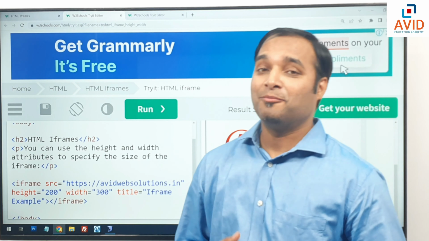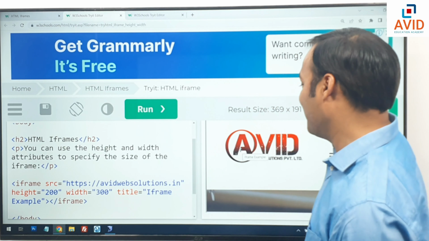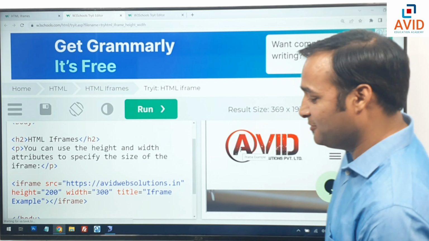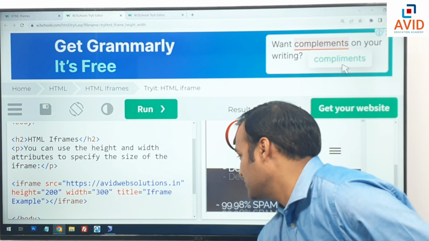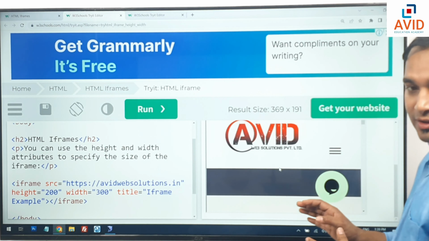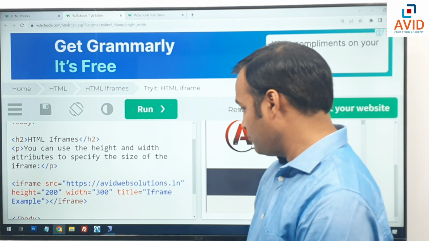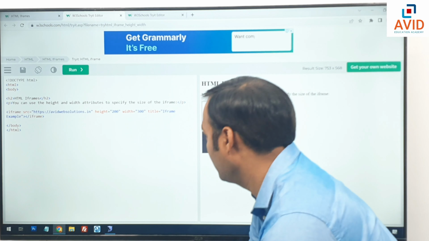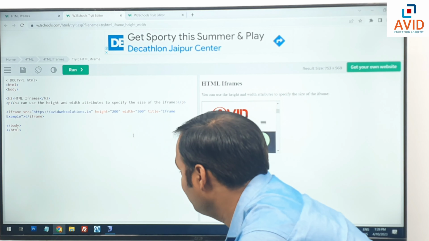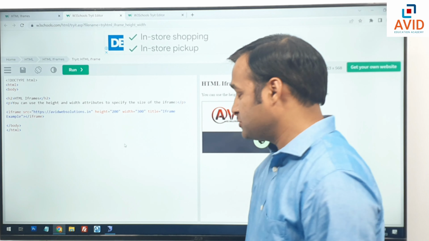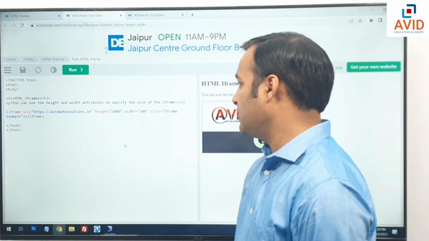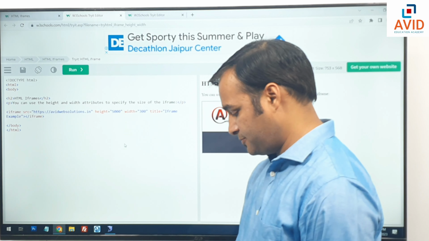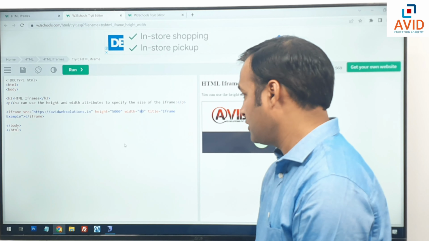देखिए हम कितने उदार दिल हैं ना, हम अलाउ करते हैं. तो within this iframe you can see the website of Avid Web Solutions. ओके, पूरी की पूरी वेबसाइट आपको यहीं पे दिख गई. ये थोड़ा सा क्योंकि जूम मोड में है इसलिए आपको इतना आइडिया नहीं लग रहा होगा. अभी इसकी हम थोड़ी सी विड्थ और हाइट भी बढ़ा सकते हैं. Suppose मुझे हाइट चाहिए let's say 500 पिक्सल और विड्थ चाहिए let's say 800 पिक्सल. ओके,